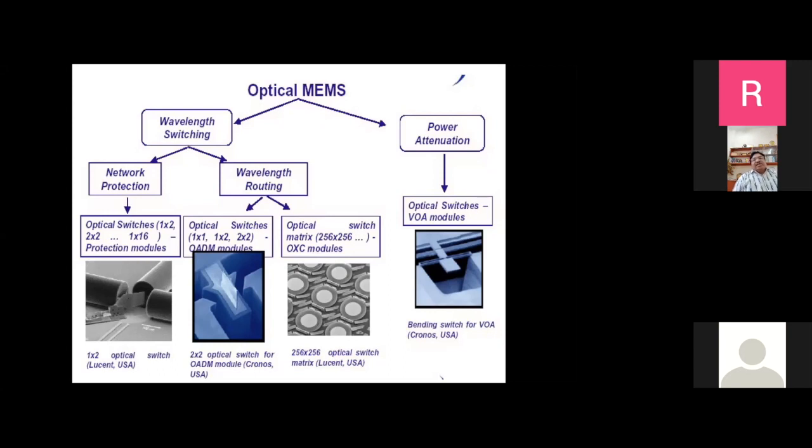The right one, which you are seeing, is called a variable optical attenuator. So you can control the amount of light intensity. You can control a lot of parameters of light, like polarization, or you can also control the phase of the light using these structures. Well, let us go to one more slide, please.